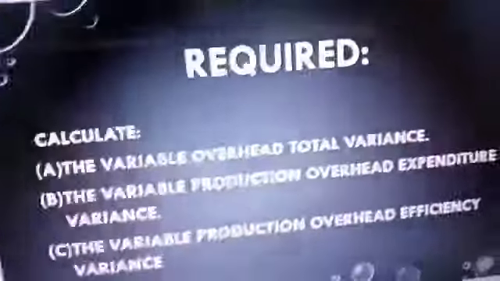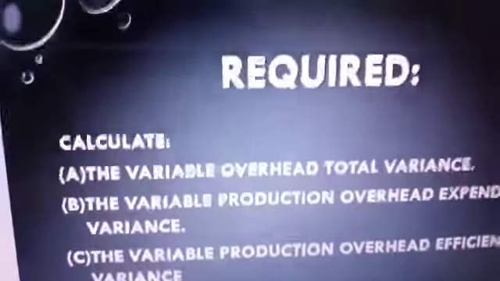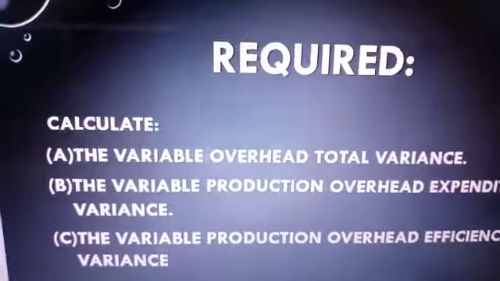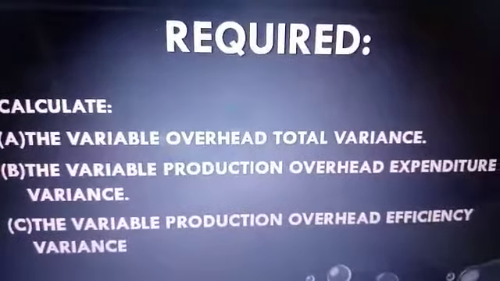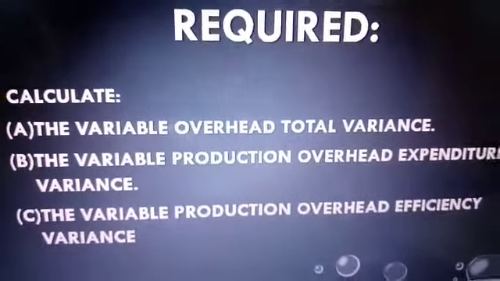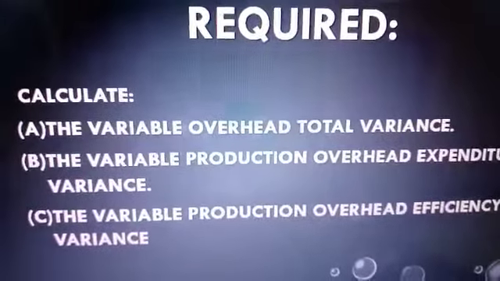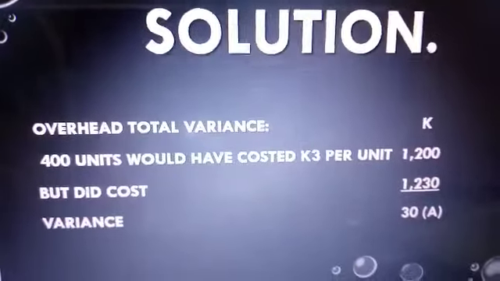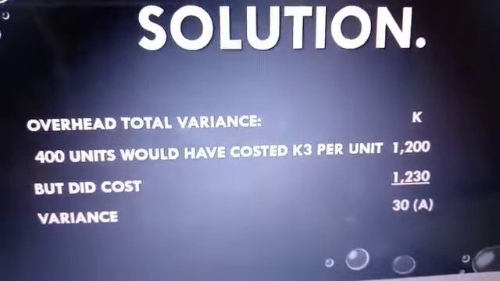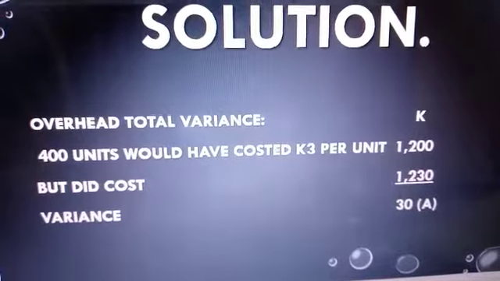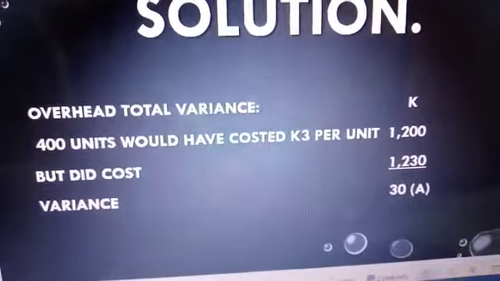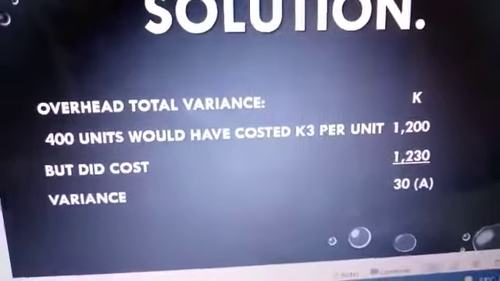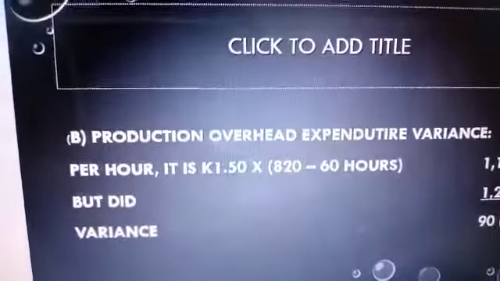efficiency variance. Now, when you check very clearly, there's a word total which appears in all variances. In this case, instead of rate, there's expenditure and there's efficiency. Efficiency is associated with time, total is associated with what you spend per unit, and the rate is associated with pay something. Now, look at it. Overhead total variance, you look at 400 units which you produce, you would have costed 3 per unit. Now, 3 is the total. Then you compare with what it did cost, and then the variance is the difference, which is 30 and is